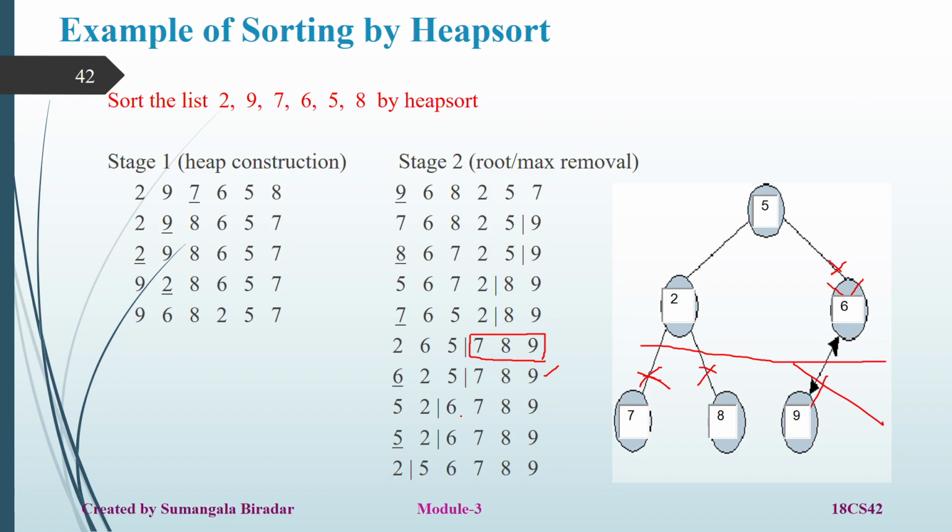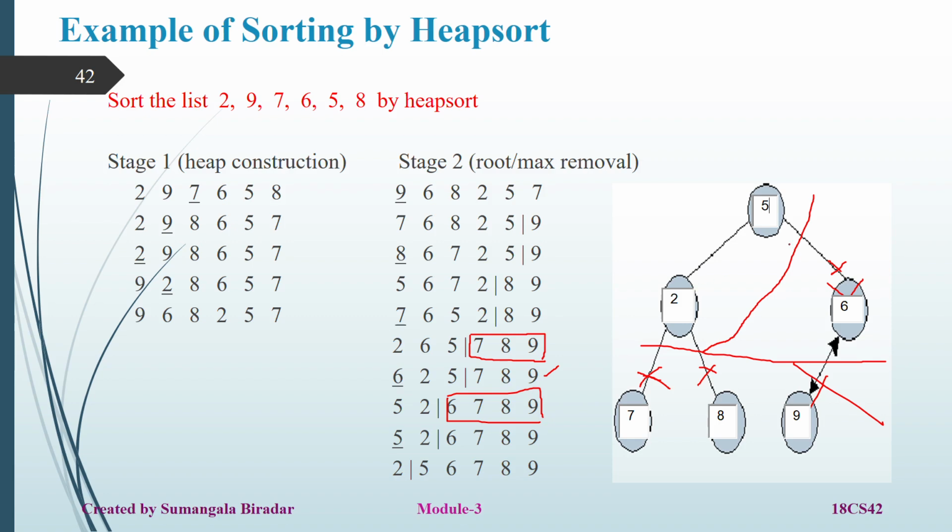Which node did you remove? That one you have to take here. 6, 7, 8, 9. Now I removed this element. That one also comes in this part here. So now how much of the heap tree is left? Only this 2 part, 5 and 2. Does 5 and 2 fulfill the criteria of the heap tree? Yes, 5 is greater than 2. Then you leave it as it is. If it is not satisfied, then you interchange. Now it is a heap tree.